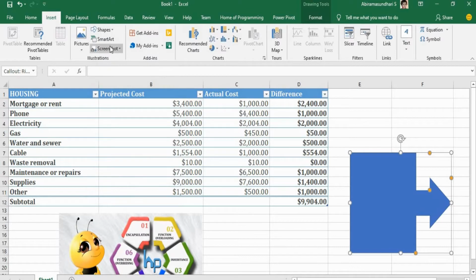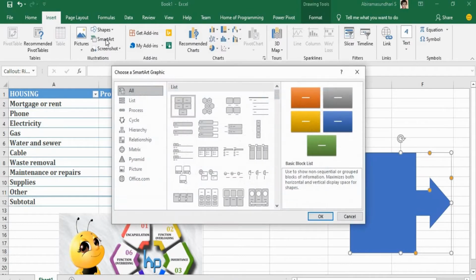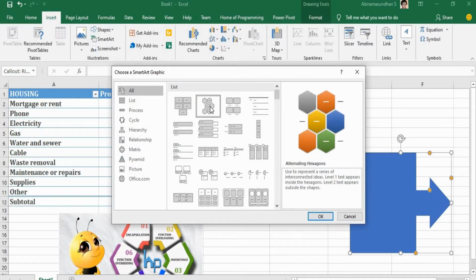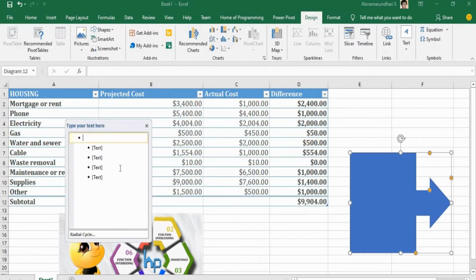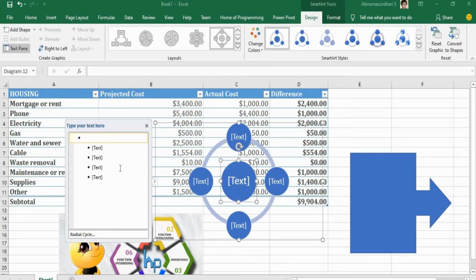Similarly, we can also add a set of graphical elements like SmartArt. That is, if we want to insert a tree-like structure, or if we want to represent a cycle or a process of something, you can use SmartArt graphics. So I am here using a SmartArt graphic for providing a cycle demonstration. You can choose Cycles and you can type any values like this, right?